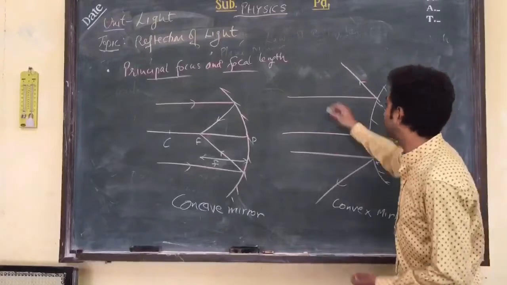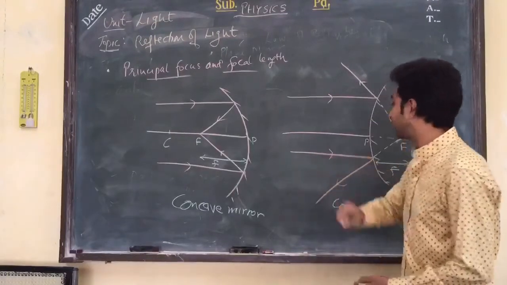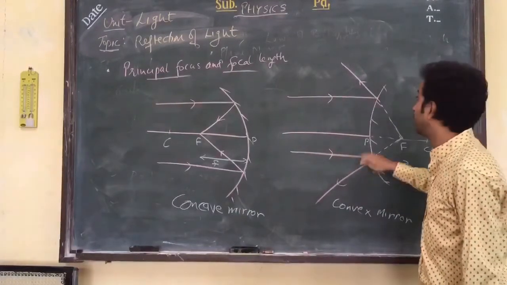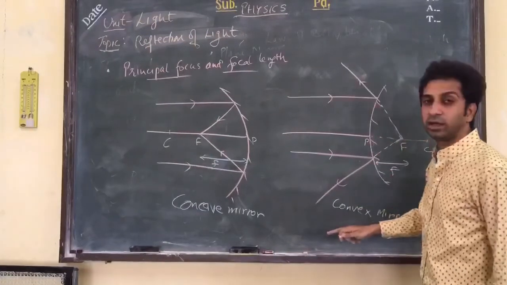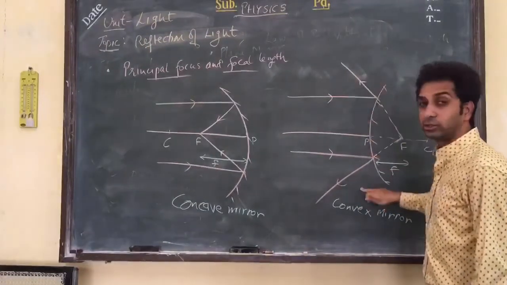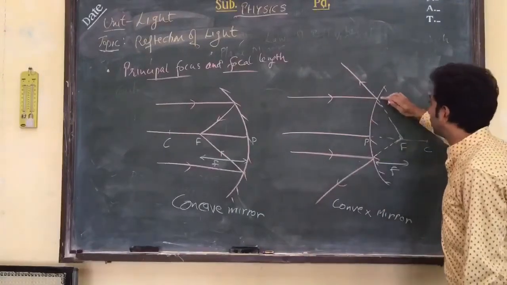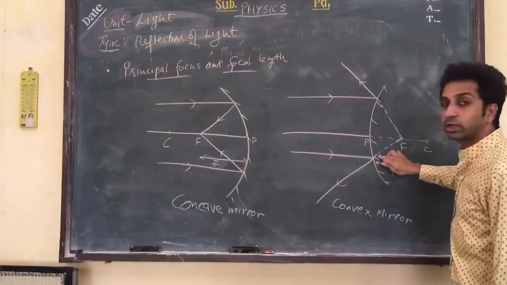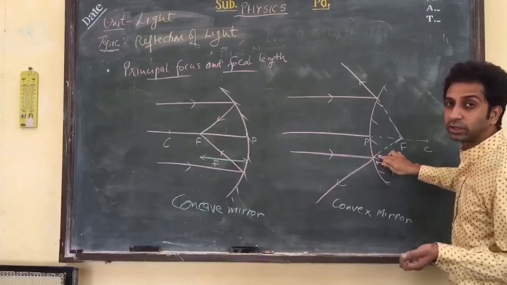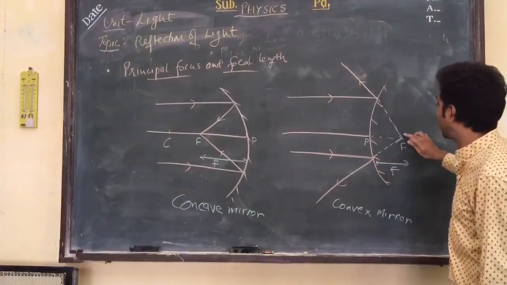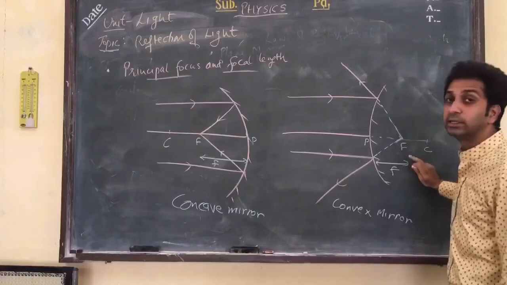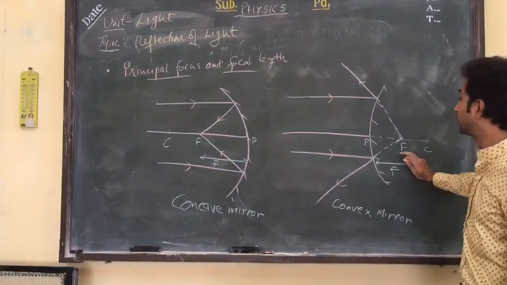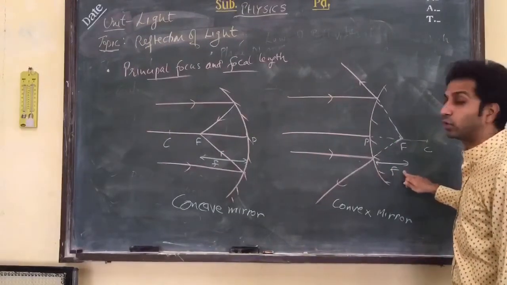In this also I have drawn a ray diagram, but due to the divergent nature of the mirror, see, this is the incident ray, again I am assuming parallel rays, but due to divergence, these are diversified. So these two reflected rays do not actually meet. If I extend these two lines backwards, don't draw them as thick lines, use dotted lines. If I extend them backwards, I will see these two lines tend to meet at a single point, and that point is again called the principal focus. So this distance between P and F is called the focal length.